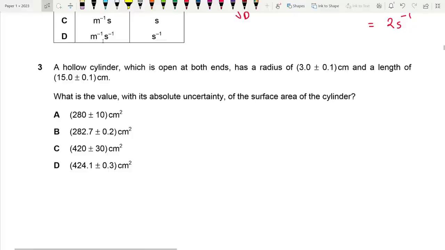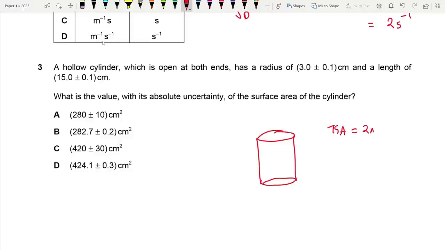Moving on. 3, a hollow cylinder which is open at both ends has a radius of 3 and a length of 15. What is the value with absolute uncertainty of the surface area? So it's hollow, so both the top and bottom, there is nothing, and we just have the curved surface. What is the formula for the total surface area here? Curved surface is just going to be 2 pi rh. So 2 into pi into 3 into 15, that is 90 pi